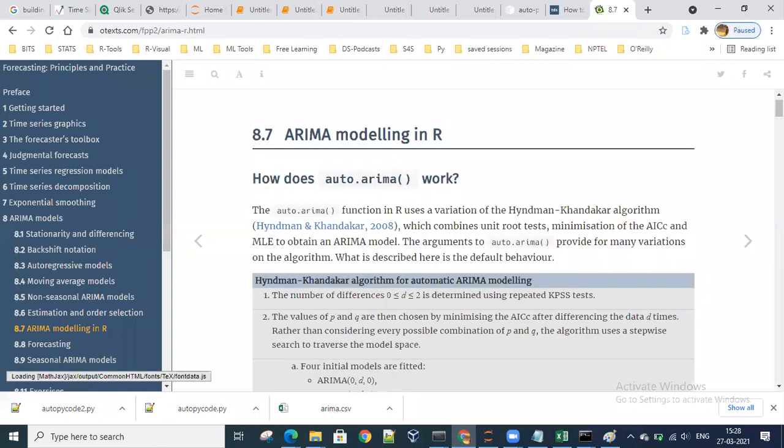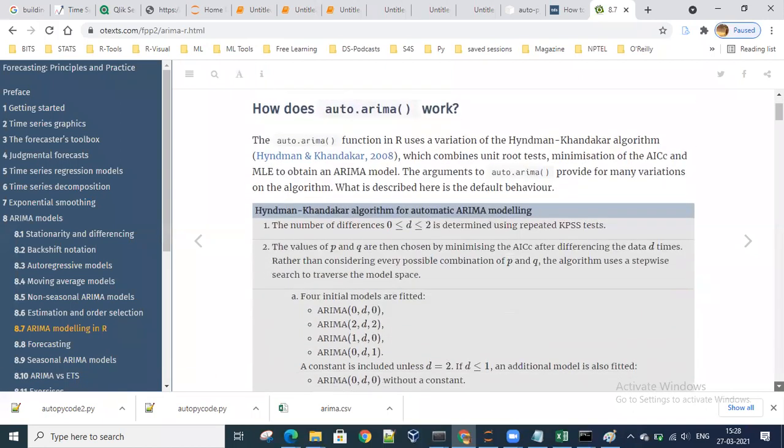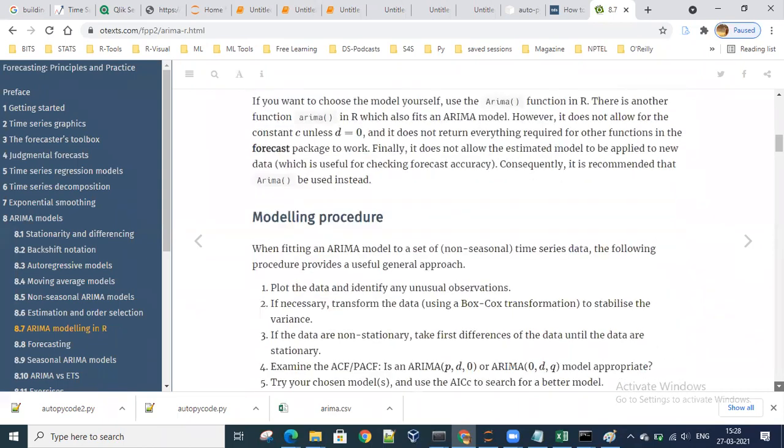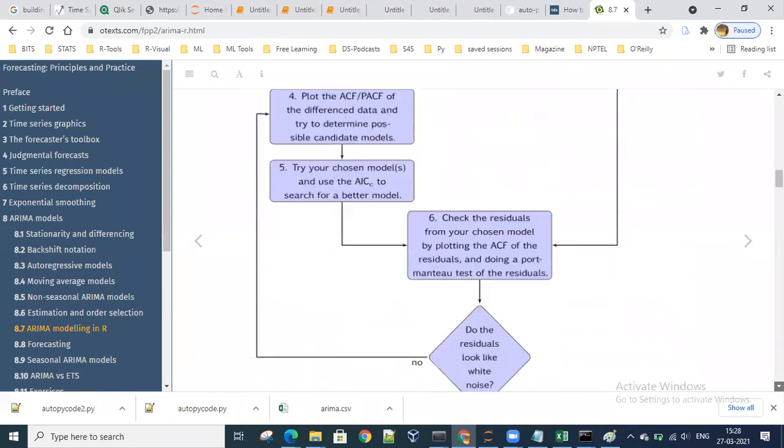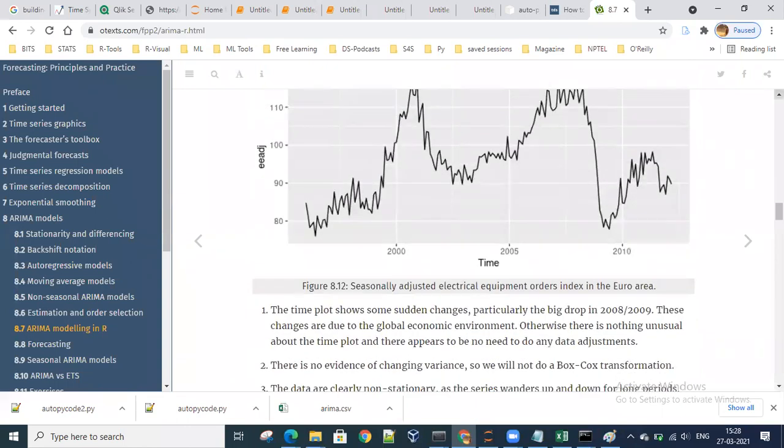Just give me a second in case my battery does not go. If my battery goes off, it would be difficult for me to rejoin because I took somebody else's charger to charge it.